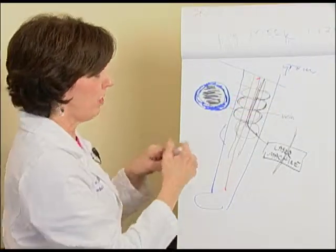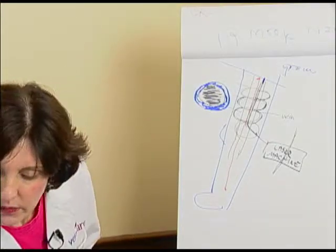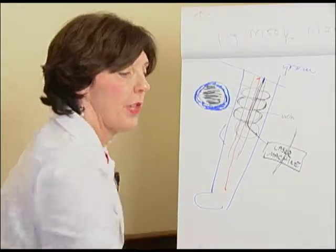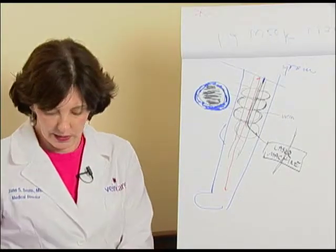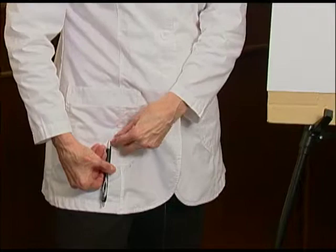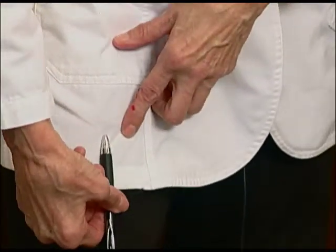Now, what we do, and I'm sorry, someday I'll figure out how to do this right. But again, there's the filament. Let's see, do you have a pen over there? Thank you. So pretend this silver part is the filament, and this is the top of the vein. What we do is I just simply, and remember the tubing is there, I just simply pull it out. And the filament is gradually sealing the vein as I'm coming down because the heat is coming from that,